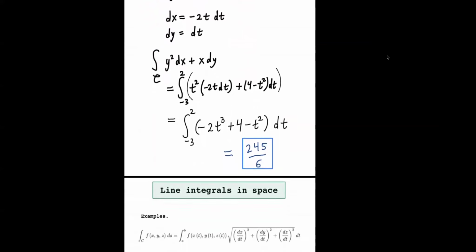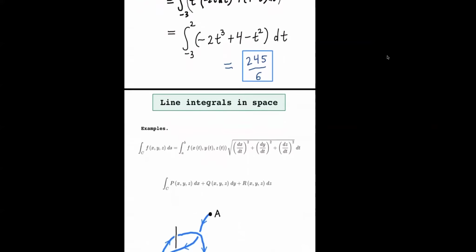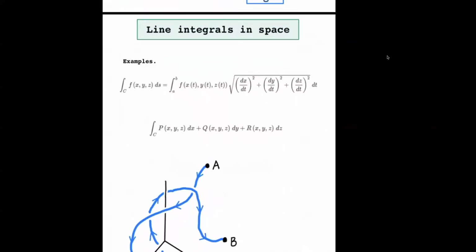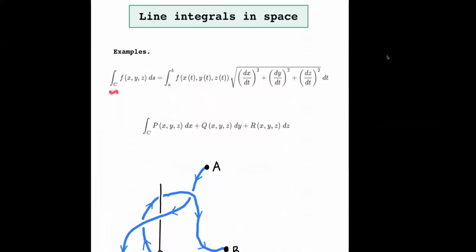Okay, just a few words about 3 dimensions. Everything that I've said, all these examples, and all of the information I've just told you has its analog for 3 dimensions. So doing line integrals in space, a typical line integral might have this kind of a look where you have a function of 3 variables. ds is, again, still the arc length parameter along some space curve, and we want to integrate along the points